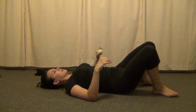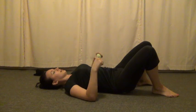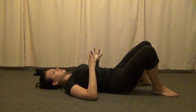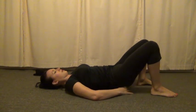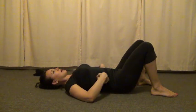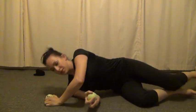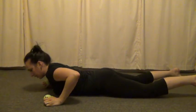Finding spots. I'm rolling around, and I might feel a little spot that feels like I need it there. And I'm just going to soften. Each spot you want to soften and stay. So that's how you can just treat your whole upper back, mid, lower back, neck, and glutes lying on your back. Sometimes I will even use it on my quads